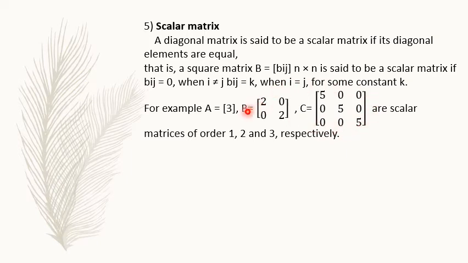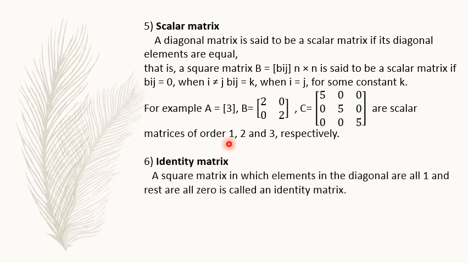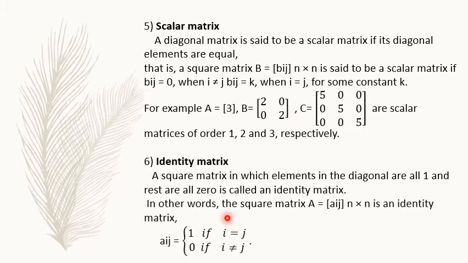That type of matrices are called scalar matrices. Next one, identity matrix. In a scalar matrix, if these diagonal entries are 1, then we say that that type of matrix is an identity matrix. Or Aij equal to 1 if i equal to j, that is A11, A22, A33, A44, like that. That is, they are diagonal entries. The diagonal entries are 1 and non-diagonal entries, that is i not equal to j, are 0.